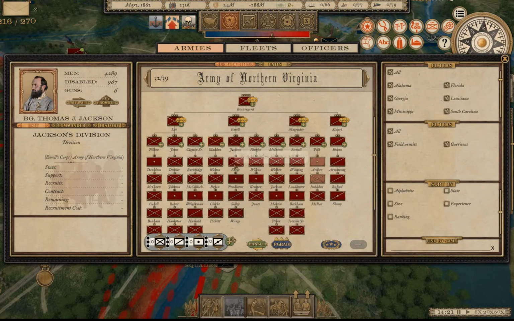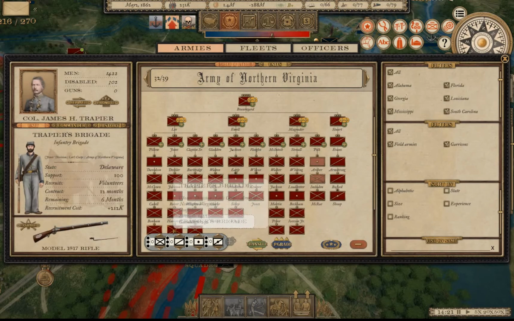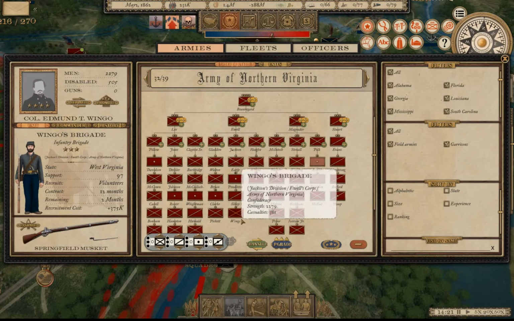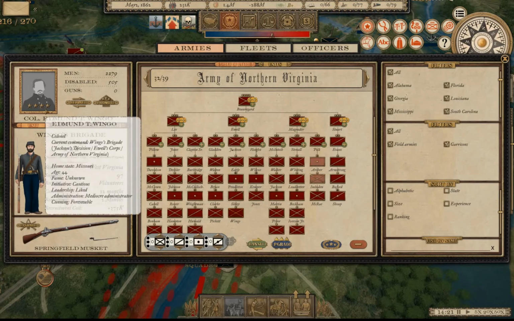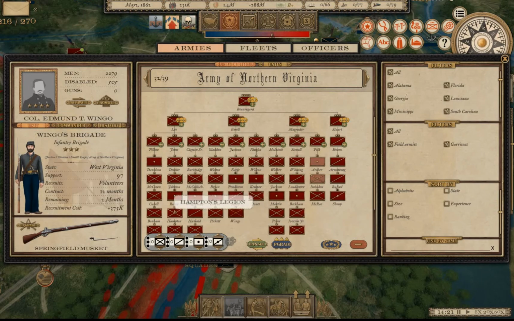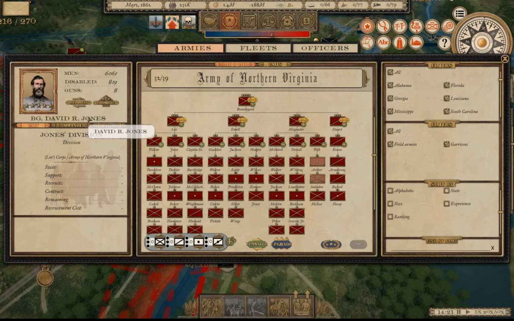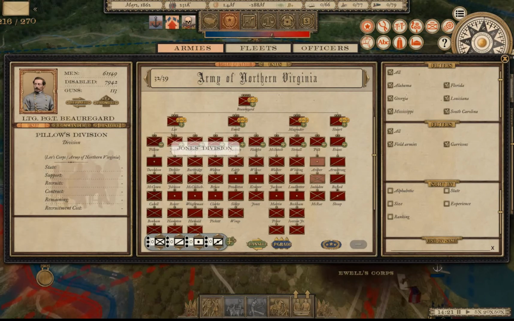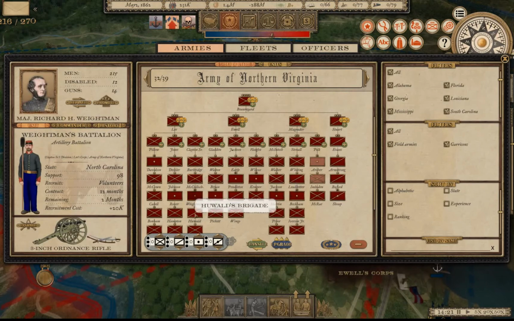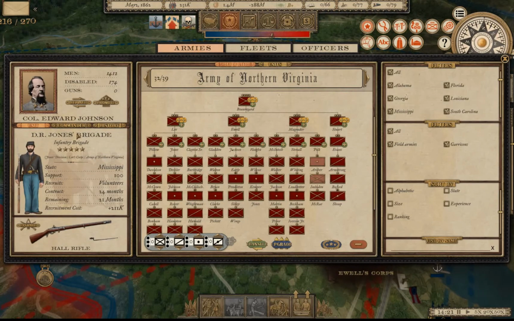I mean, of course, you have Jackson, McClaw, Wingo's brigade. Wingo seems to have been in a lot of important situations. This guy is highly experienced. Of course, there's also D.R. Jones's brigade, D.R. Jones's division. So the 3 divisions of Lee's corps are all extremely well experienced veterans, hardcore fighters. So if you want to think of any kind of